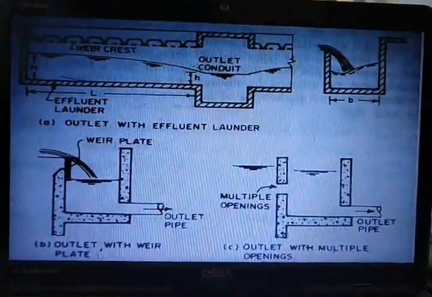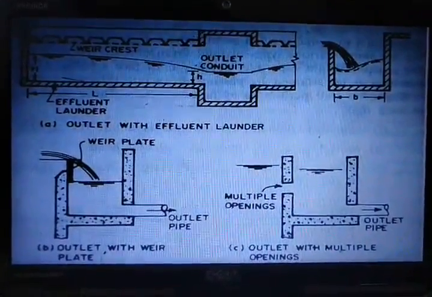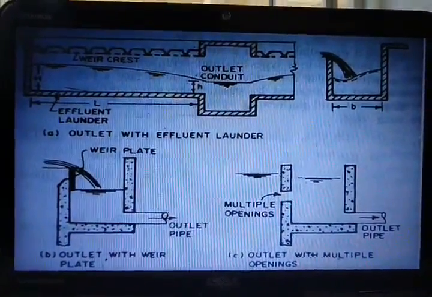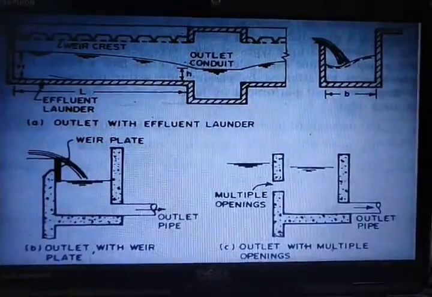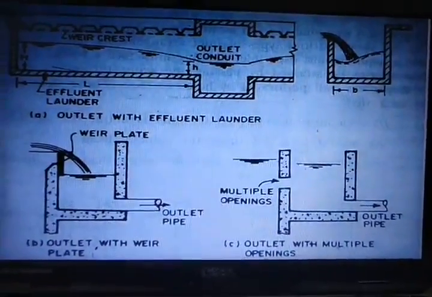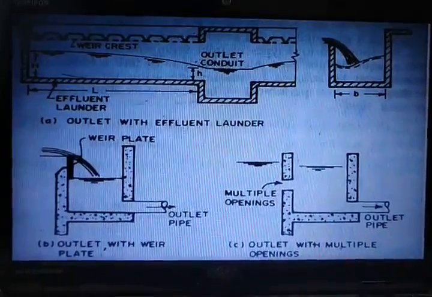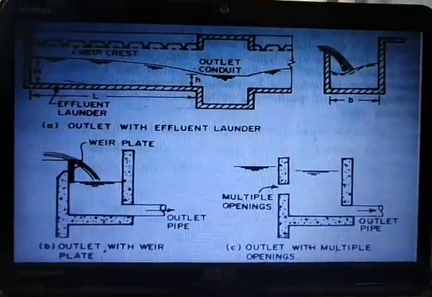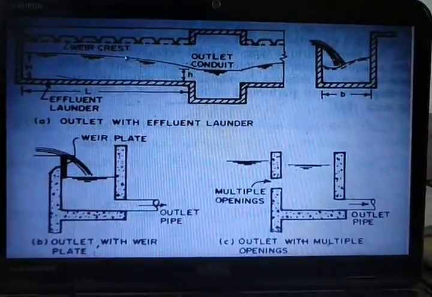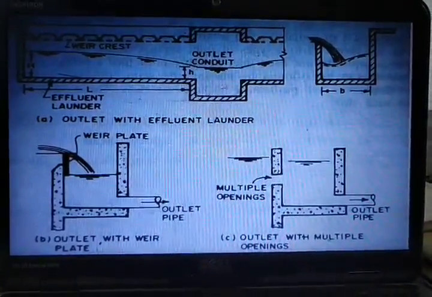Okay, so that is why it is also called a clarification process sometimes, and the water which is treated using the sedimentation tank is called clarified water. Okay, and a sedimentation tank is also called a clarifier. So as you can see here, similar to the inlet, you have an outlet effluent launder system provided here in the outlet zone, and the water is taken through the outlet conduit to the next treatment unit.